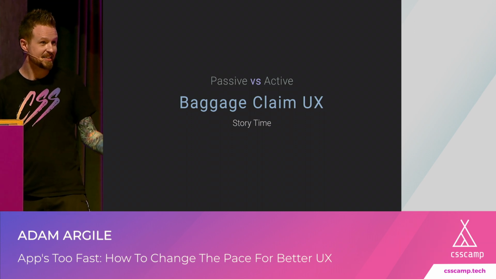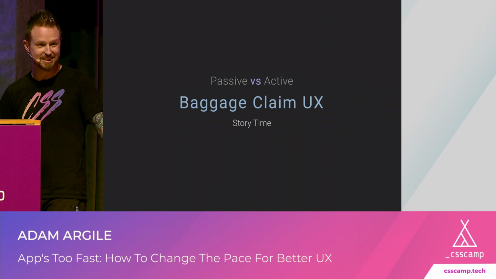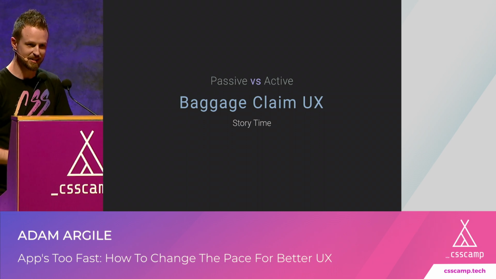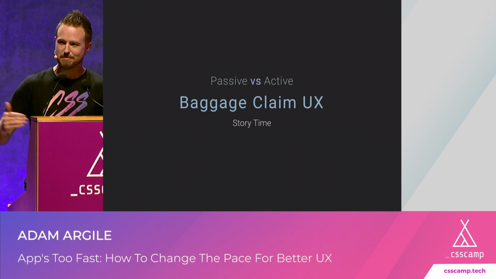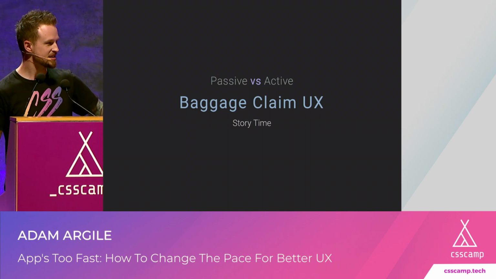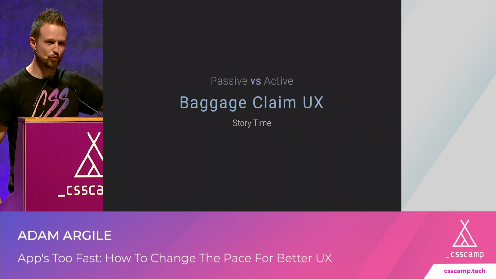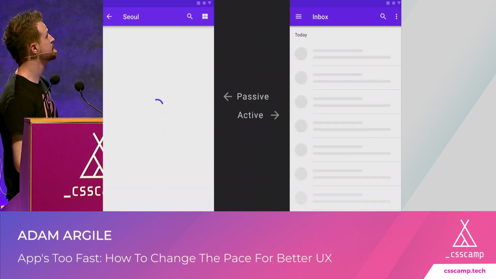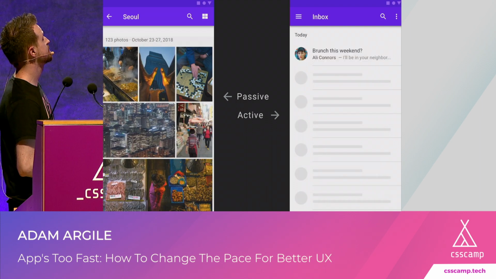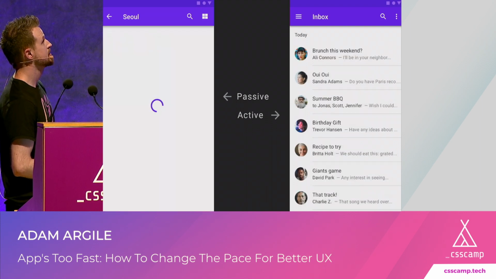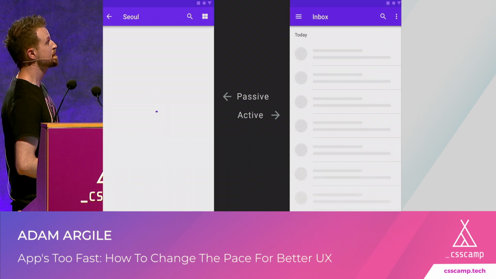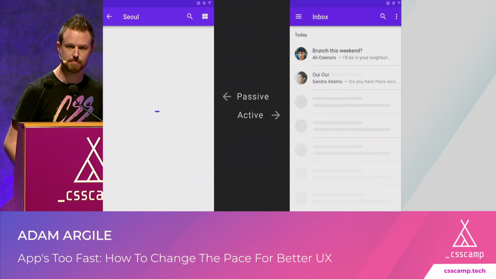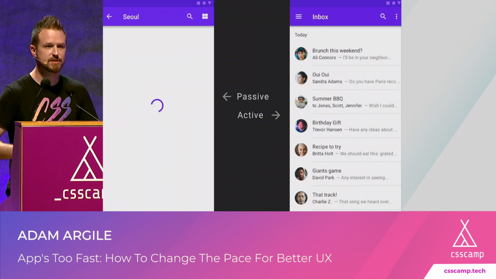This is a lesson that isn't just about Earth. This is a lesson about your application. You can add time to something to make someone feel like time hasn't gone by. Stephanie talked about this a little bit in perceived performance. There's other strategies here. But here's an example. Passive, active. One will feel like something has happened faster when the reality is it hasn't. This is just a fun thing to think about.